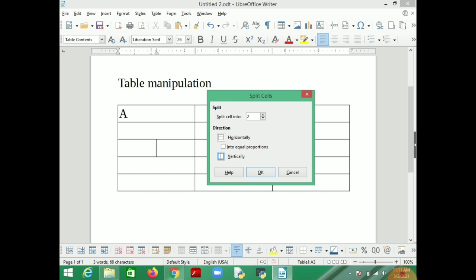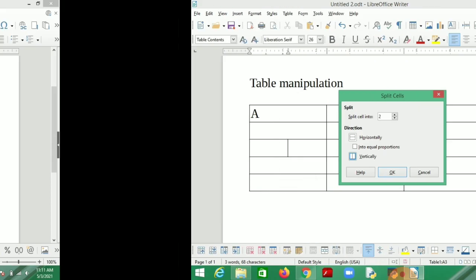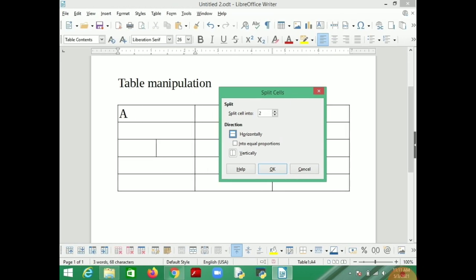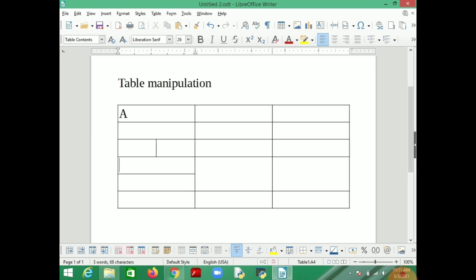If I select horizontally, then it will divide horizontally into two parts, then press OK. So this is vertical, this is horizontal. One cell is divided into two parts where the cursor is.